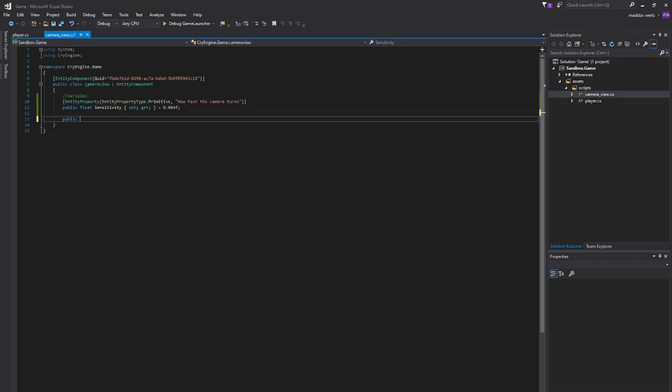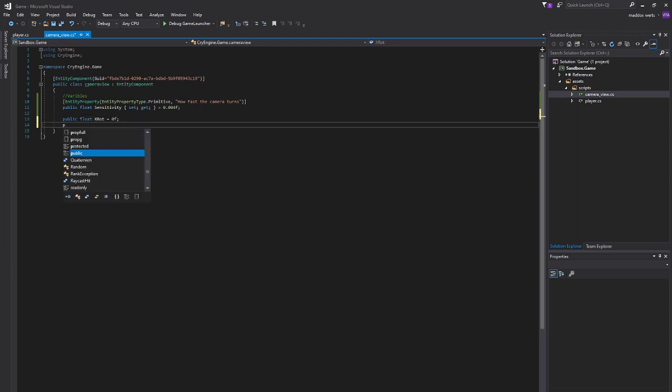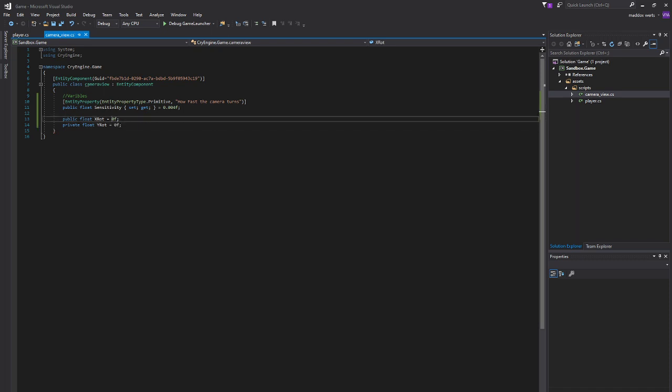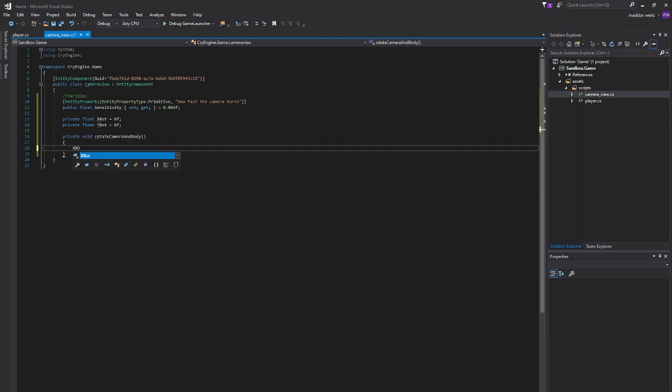And we're gonna need a public float xrot 0.0f. Actually no, private float yrot 0f. Alright, we need a private void rotate camera and body. Alright, so for this we're just gonna do xrot equals